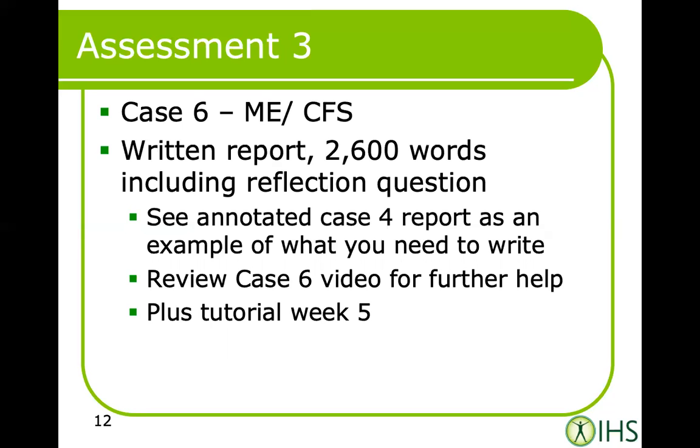help you. So if you feel that reflection is something you're not very strong in, maybe go and spend half an hour, look back through your NLC material or any comments that previous unit leaders have given you on your reflection question in the previous 4 units, and just really put that into play here. It's only, I think, 250 words, so it's not a massive reflection, but just finish strong on this going into next year, because you'll find that as a practitioner, you'll be reflecting all the time, constantly,